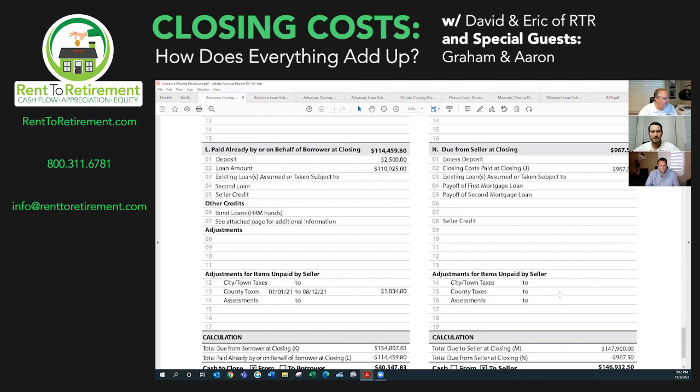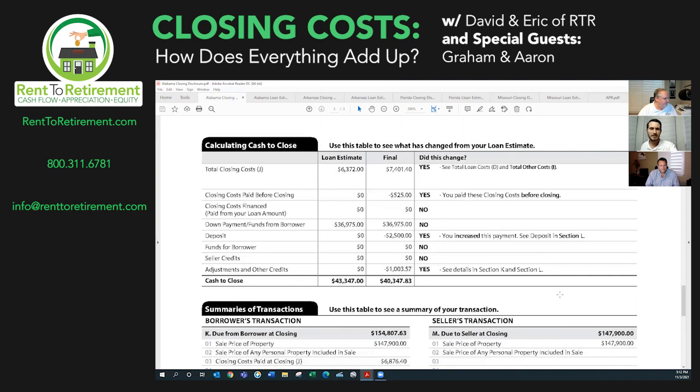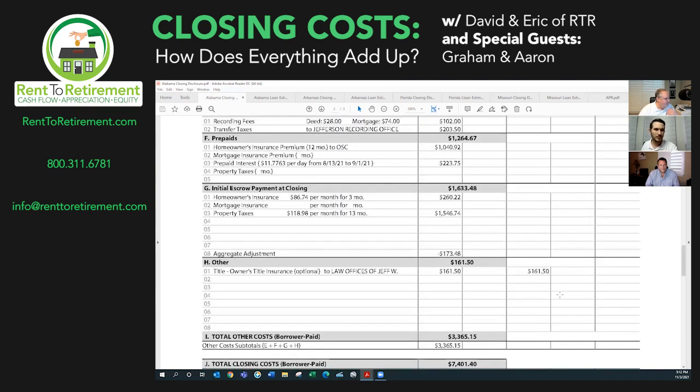Scroll up just a little bit. Let's go to the page before this, Graham, and let's go back and look at the 13 months we're collecting for the escrow account. Keep going up a little bit further right there. So if we look at the 13 months there, as we were going through this, a lot of people were probably wondering, why is he having to pay 13 months of taxes? Why is he having to pay that tax bill that is due at the end of the year if he's just now taking ownership of the property?